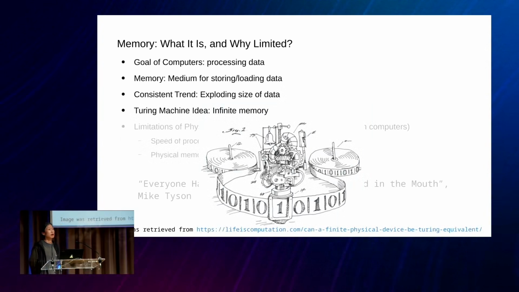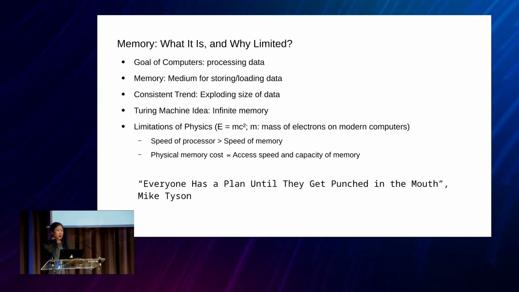And actually, at the beginning of the invention of the computer, in the case of the Turing machine idea, there was a good idea that the machine would have an infinite amount of memory. But the limitation of physics says that it is not that easy. That is because of the limitation of physics, where the energy is mc squared, and here m means the mass of the electron. On a modern computer, fundamentally speaking, what the computer is doing is moving electrons here